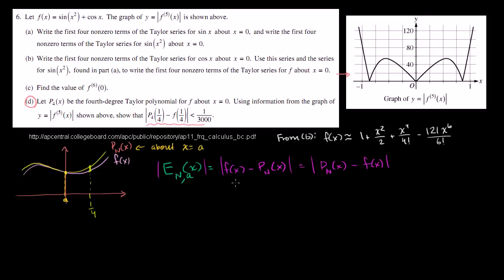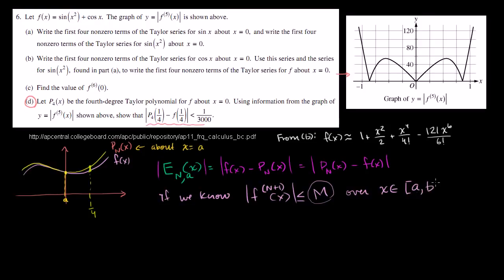If we know some properties about the n plus 1th derivative of f. So if we know that the absolute value of the n plus 1th derivative of f is less than or equal to some maximum value, we could call this M, over x in the interval between a and some b, where b is greater than a,